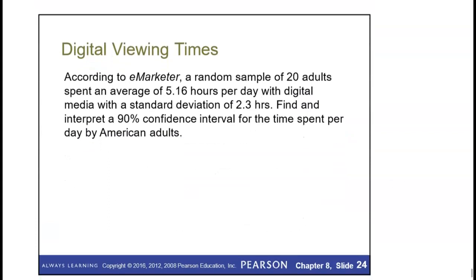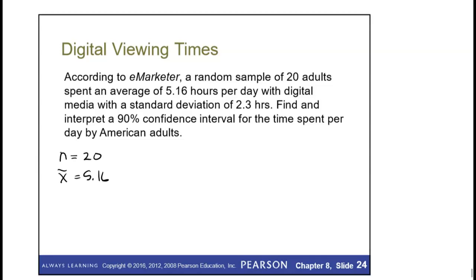So let's work out a problem. Again, I suggest you hit pause and just try this on your own first. Try and jot down the correct information and see if you can come up with the correct T alpha over 2 before you. Okay, digital viewing times. As you look through this problem, you see that your N is 20, X bar is